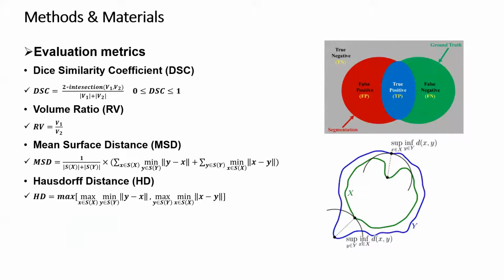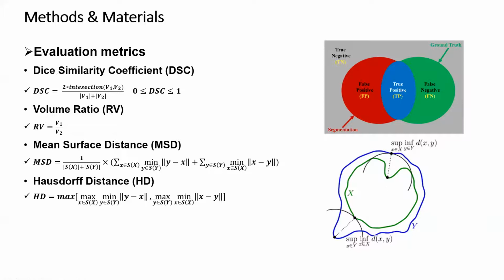Here we evaluate our segmentations by using 4 metrics. The first one is called the dice similarity coefficient. As you can see in the first image on the right side, the more overlap the two segmentations have, the larger the dice coefficient is, and the value is always between 0 and 1. And the second metric is called volume ratio, which is equal to volume 1 divided by volume 2. And the third one is called mean surface distance. As you can see in the second image here,